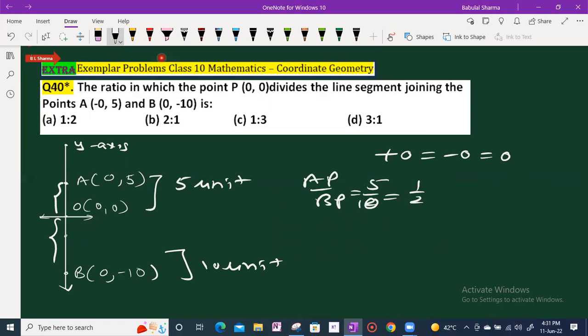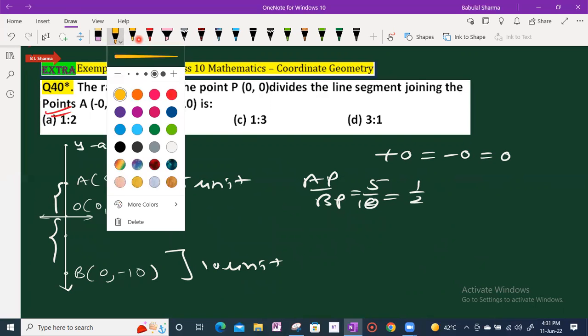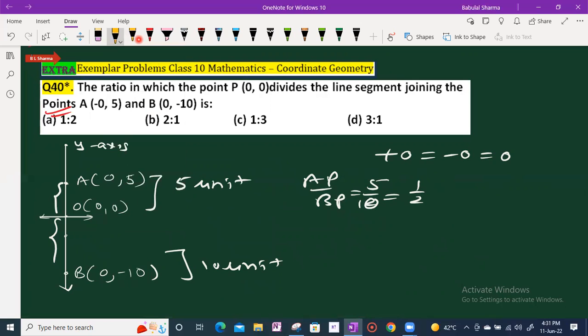2. So this point origin will divide again in the ratio 1:2. You can also do this question using the K method later. Let 0, 0, the origin, divide AB in the ratio